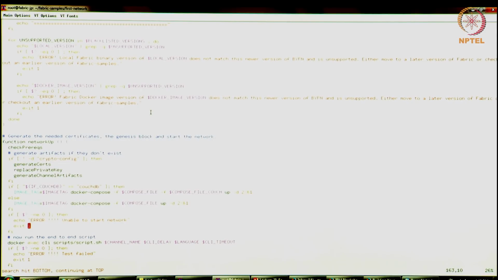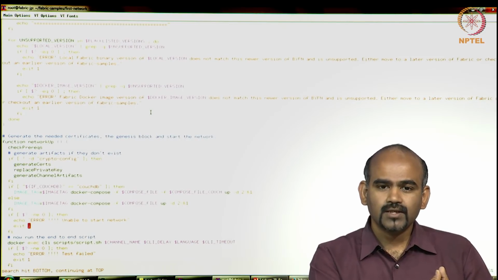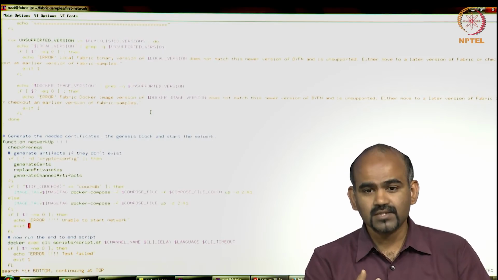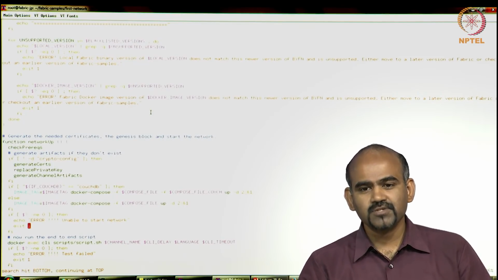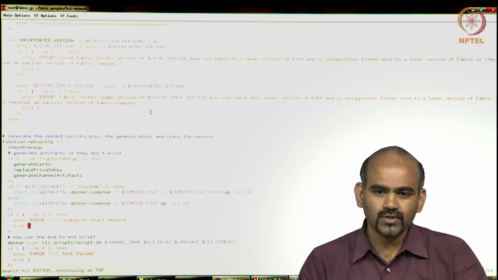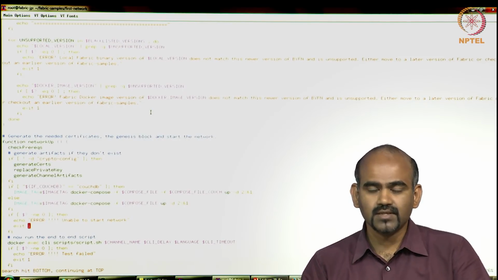So by the way, we're going to have just one VM right now running all of these components. But eventually, think about the way a blockchain would actually be set up: each organization would probably run its own server running those components. It may even be a distributed system, where the peer may be on a different server from the certificate authority, and so on, right? So eventually this will be a completely distributed system, but just for demonstration purposes, to make it easy, we're just going to do it as Docker containers within a single VM.